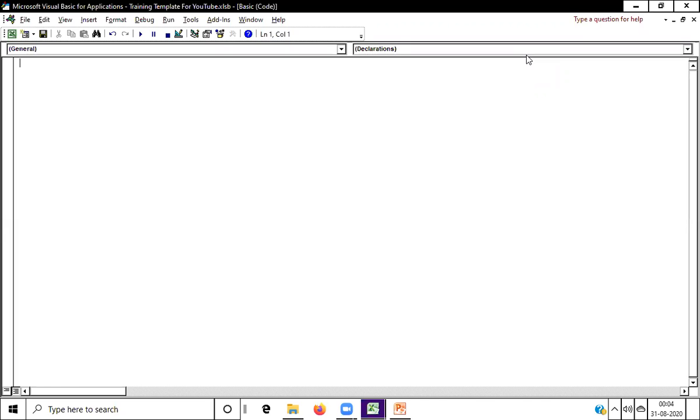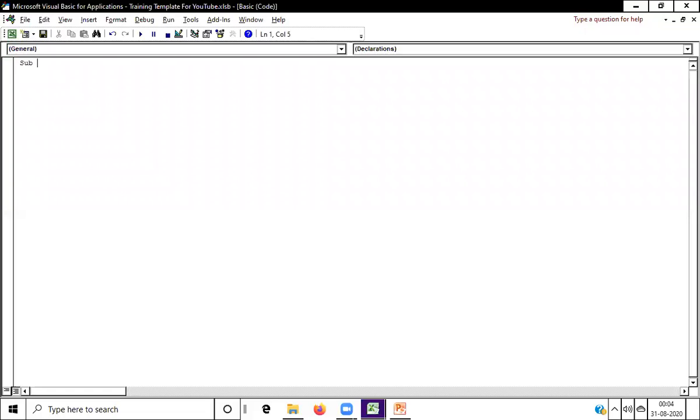So today I will cover how we can hide and unhide the sheet. Before we start, I want to let you know how we can start the coding. First, you have to write Sub. Sub means subroutine. Before writing any macro, you have to write the Sub. After that, you have to write the macro name. You can write any macro name.